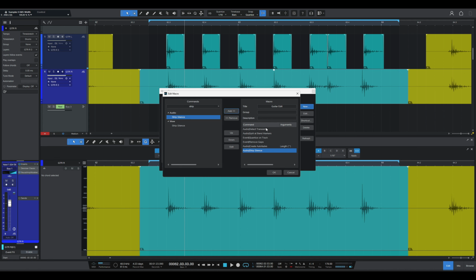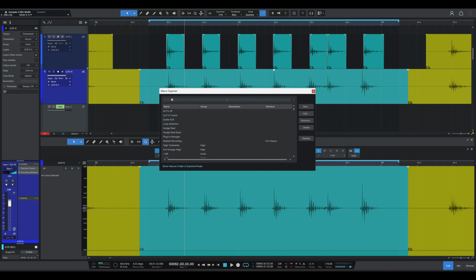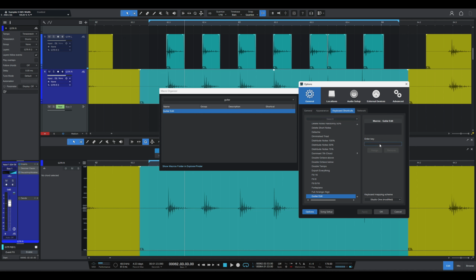So these are the steps in order: detect transients, split at bend markers, quantize on track, remove gaps, create auto fades, and then strip silence. Then we can assign it a shortcut. And for this one, we'll just use Control J. So when I click Control J, it will do all the steps that we just did